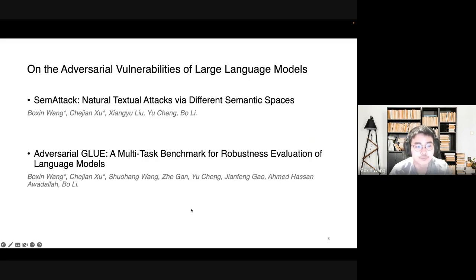In today's talk, we will cover essentially two papers, and the first paper is SemAttack, natural textual attacks for different semantic spaces. This paper was just accepted to NAACL 2022, and it's about how to design a general framework to conduct textual adversarial attacks to examine the vulnerabilities of large language models. This gives an example of how to design adversarial textual attacks, and then we'll move on,